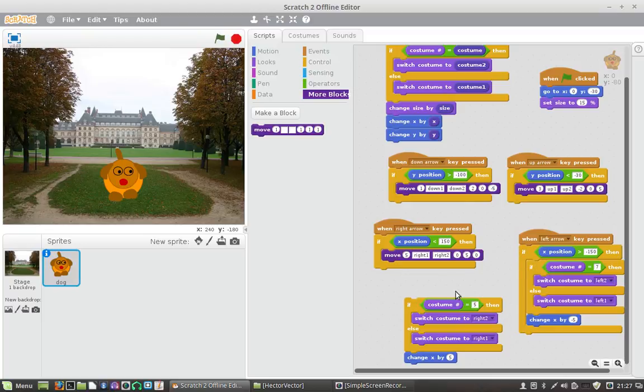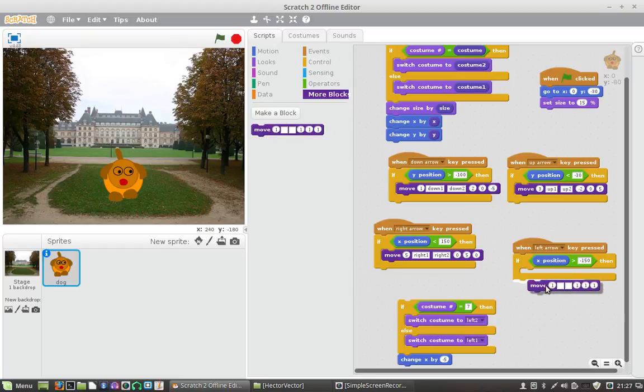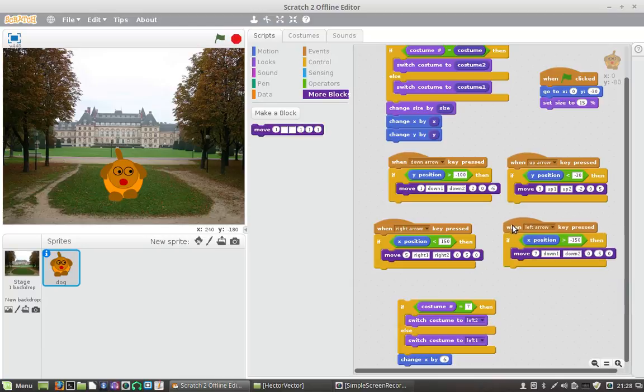Alright, and this one, that goes in there, 7, down 1, down 2, 0, negative 5, 0, like so, and